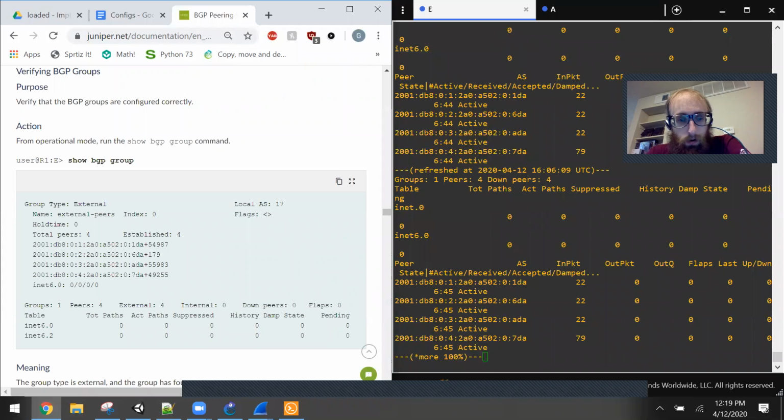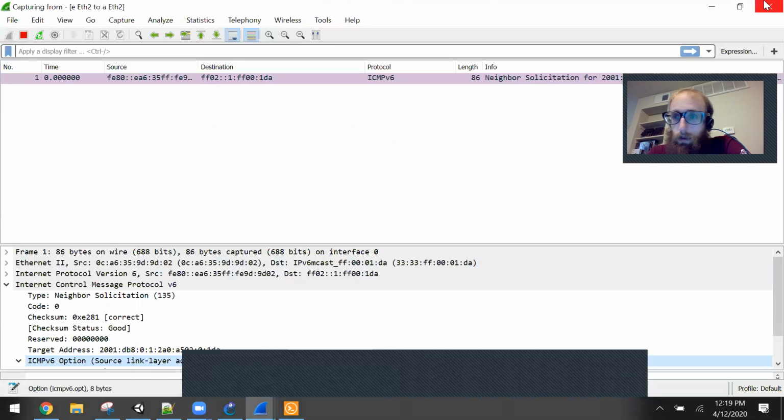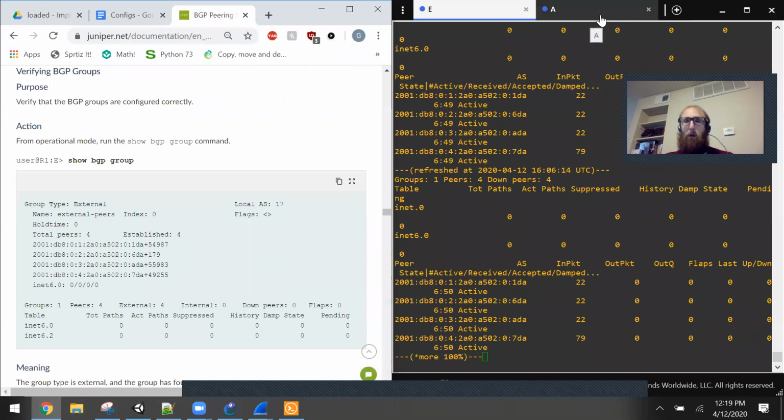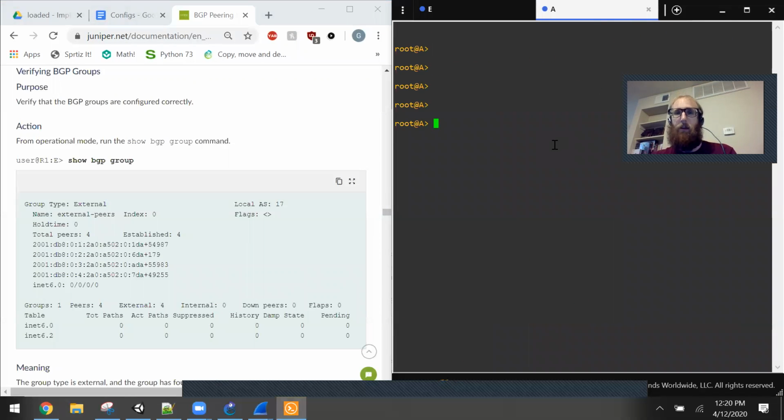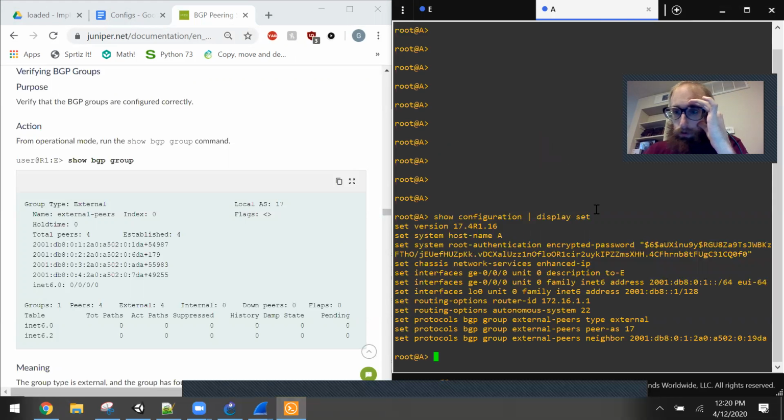Okay, so let's figure out why it's not working. And I have a feeling it might be because of the extra knob that we added to A because we thought it was going to be part of a logical system and it was going to be going over frame relay. So I think the first thing I'm going to try to do is remove this knob, which is extended unique identifier, so EUI-64. And we're actually going to see if I do show ARP,